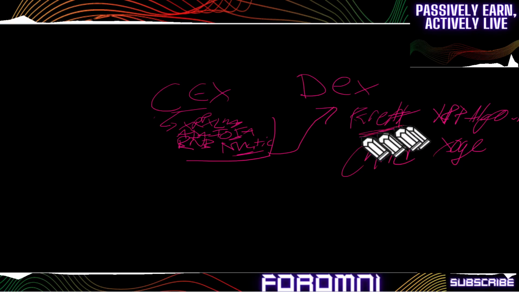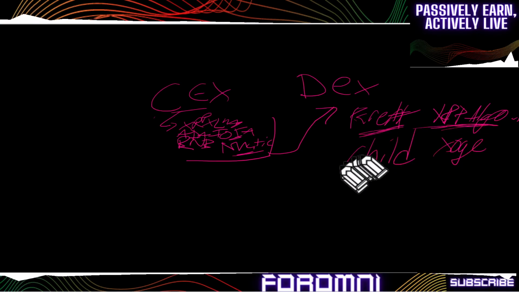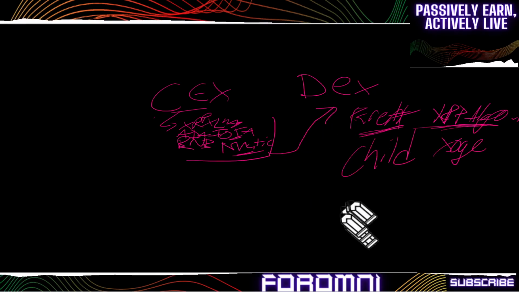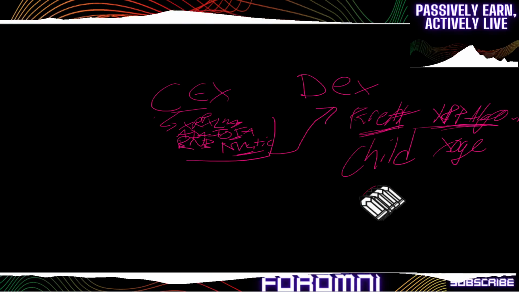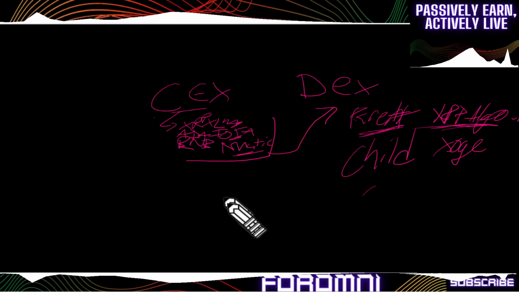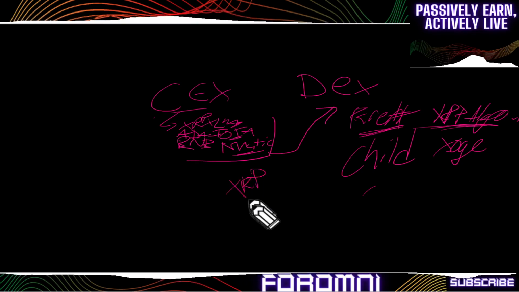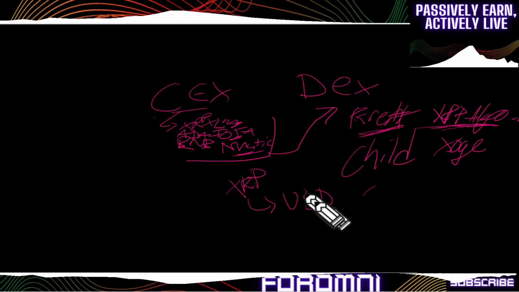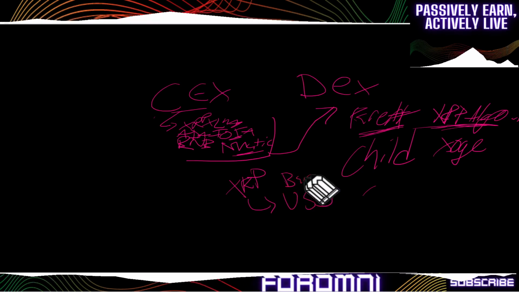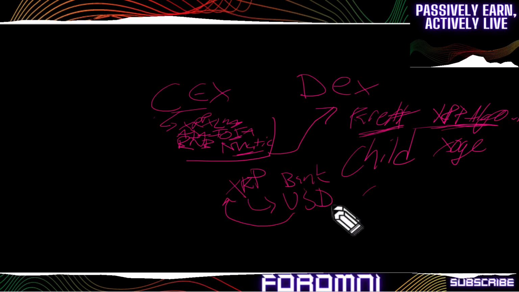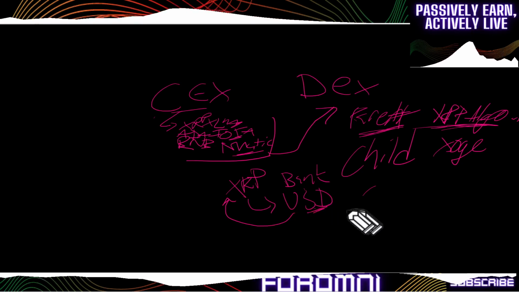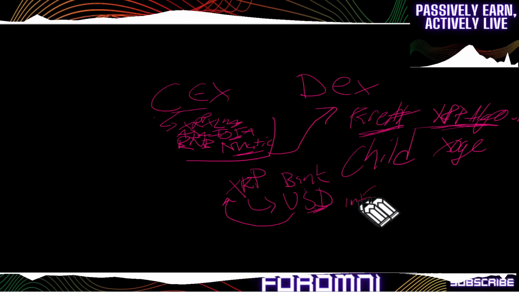So you have the parent, which is the network that you're ultimately wanting to invest in the first place. Most of you hold XRP or XLM, Cardano, but in order to invest and grow that, right, you're going to want to invest in the child, because now you can arbitrage back into fiat, but if you go from XRP to USD, like fiat, the paper, right, like back to your bank, and then back into XRP, well, ultimately over time, USD, which is supposed to be stable, is inflating, so it's not stable.